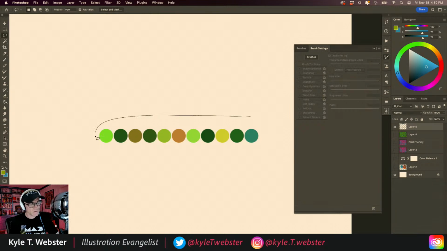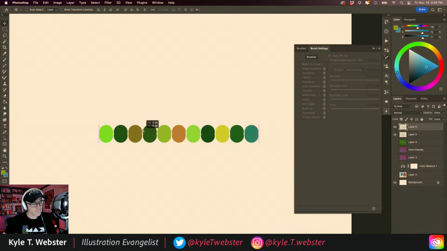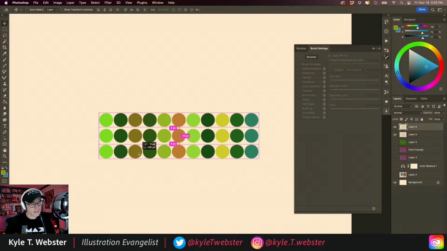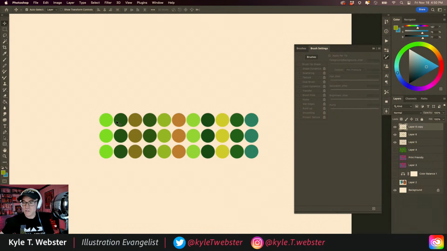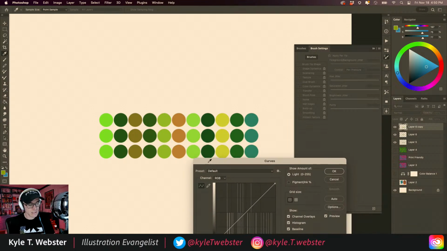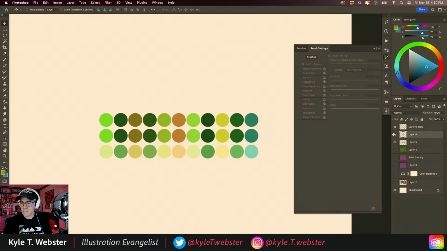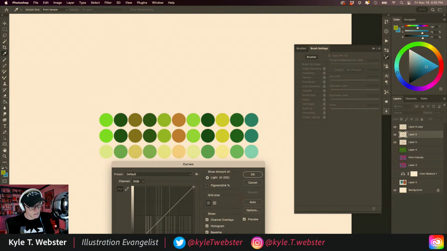So somewhere in there, you're gonna find a nice analogous color palette. And you could just duplicate it, drag it over here, drag it over here. And one of these, with your curves, you could just say, oh, I think I'll brighten those up a little bit. That'll give me some light colors based on that. And the other one you could just say, oh, I think I'll darken those